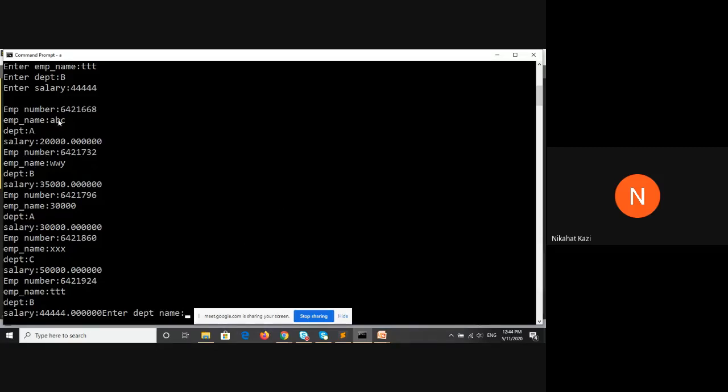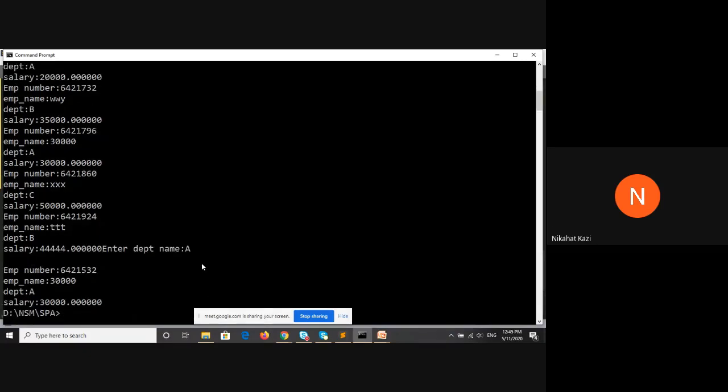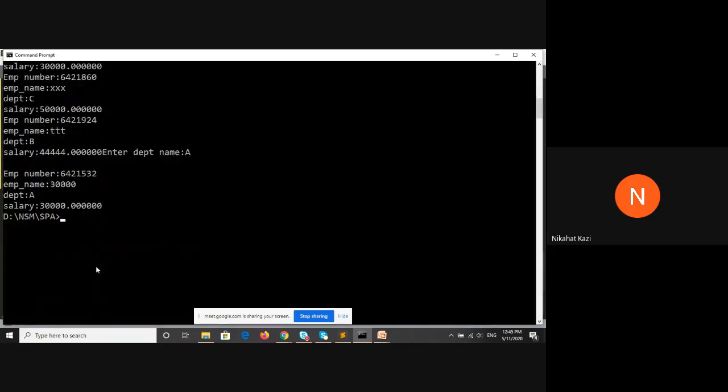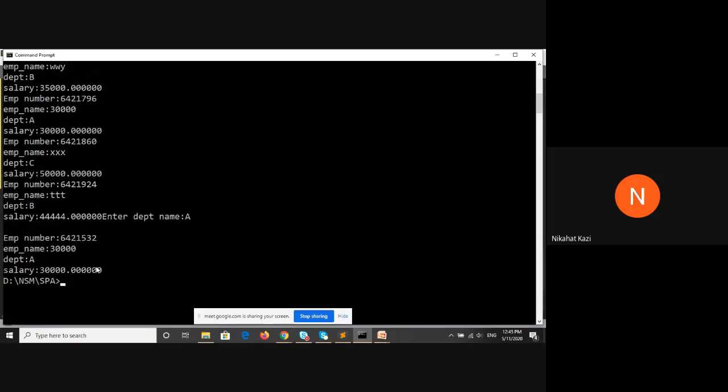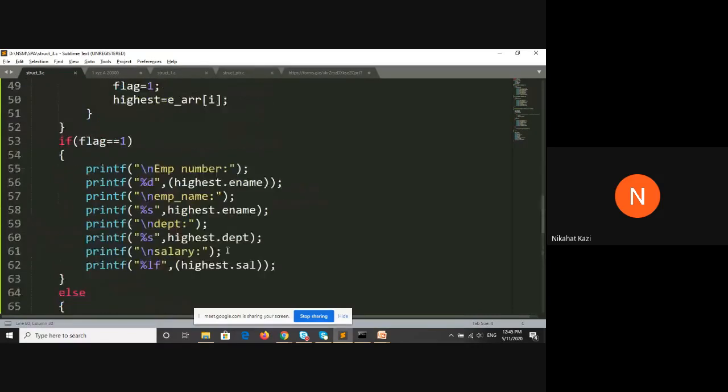What I have done is I've printed everything and then enter the department name. Suppose I say A, then the employee number is wrongly read.